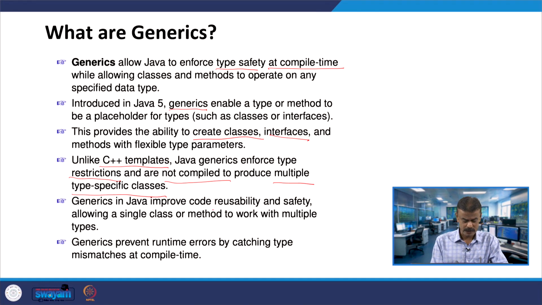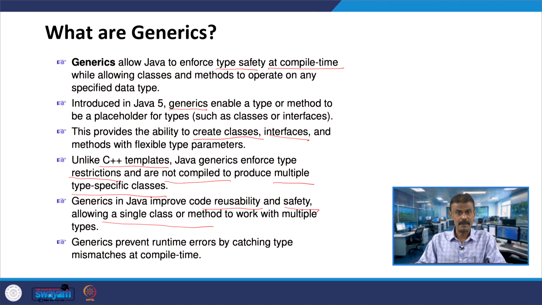Here also you can have code reusability and data safety, etc. When I am using a single class or method, that can work with multiple types. Exactly like the example we had taken: maximum of 2 numbers. I can have one single method.